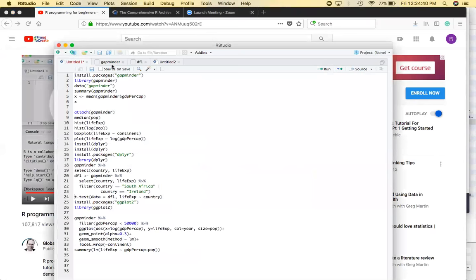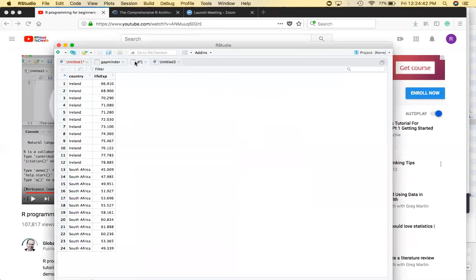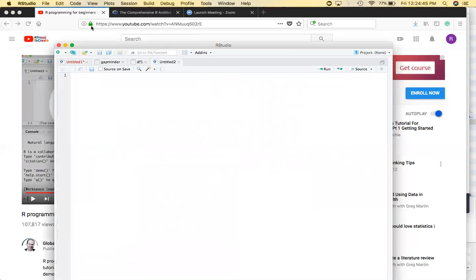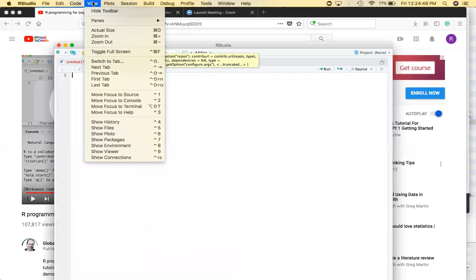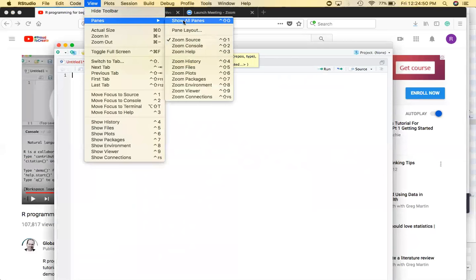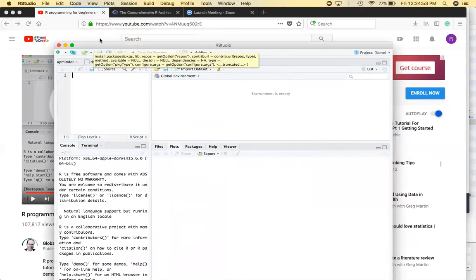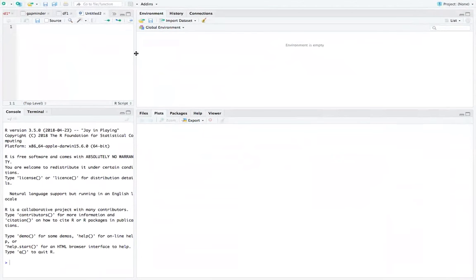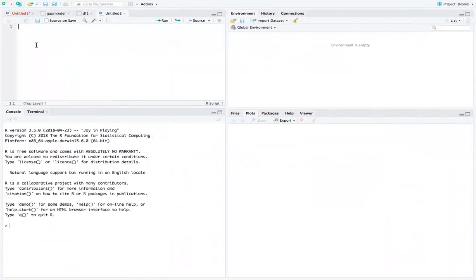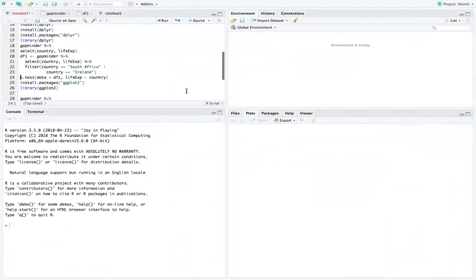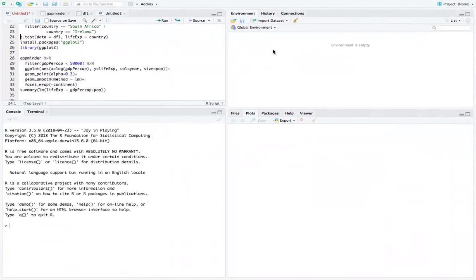Okay, mine's still not there. And I imagine this is under View, Panels, Show All Panels. Okay, there we go. We got it back. All right, and then you can change these a little bit, you know, by moving them around. So you don't see the data now because the plots got deleted. But if I wanted to see those again, I should be able to just hit Control Enter where my script is. I'm at the end of the script,